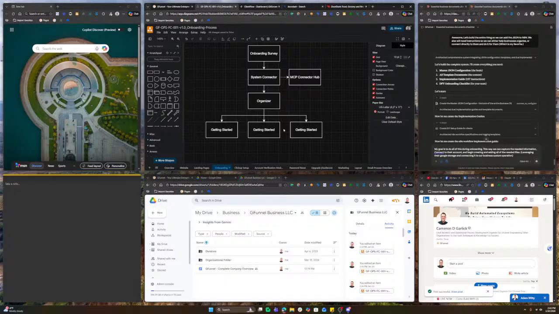Meaning if somebody's coming into the platform, they get all of their files, all of their documentation, everything done for them, completed. And then it's like, are you ready to start building your own business? That's an education side. Are you ready to have us do it for you? That's more of a service side. Or are you ready? You already have the teams, you already have everything, you're just ready to use our systems to scale.